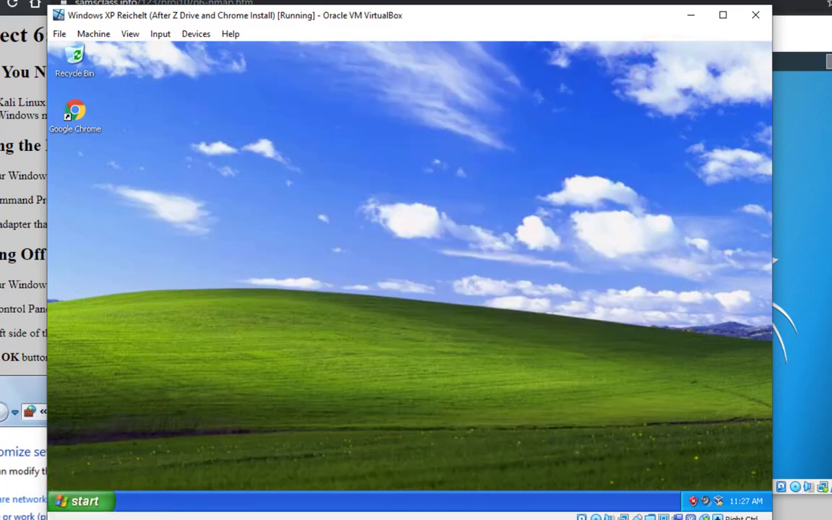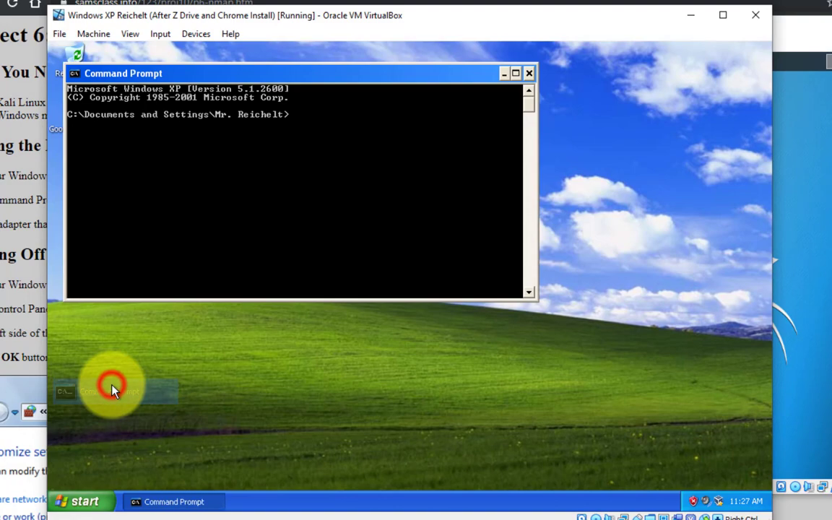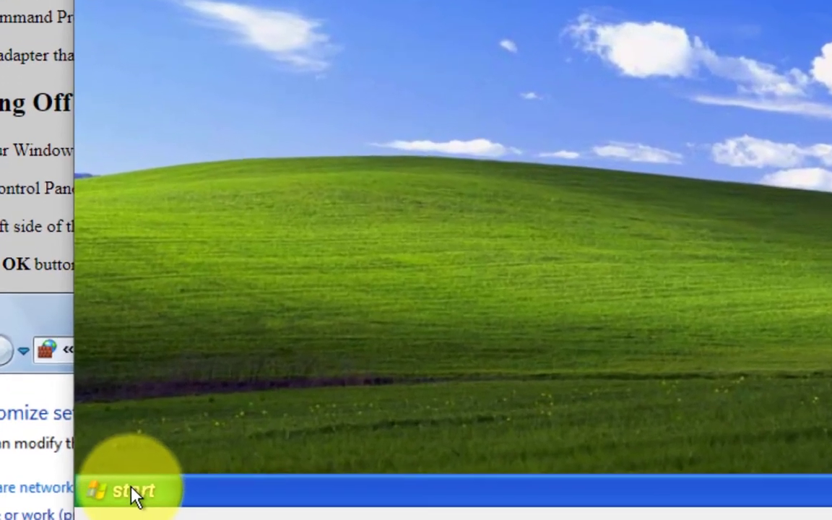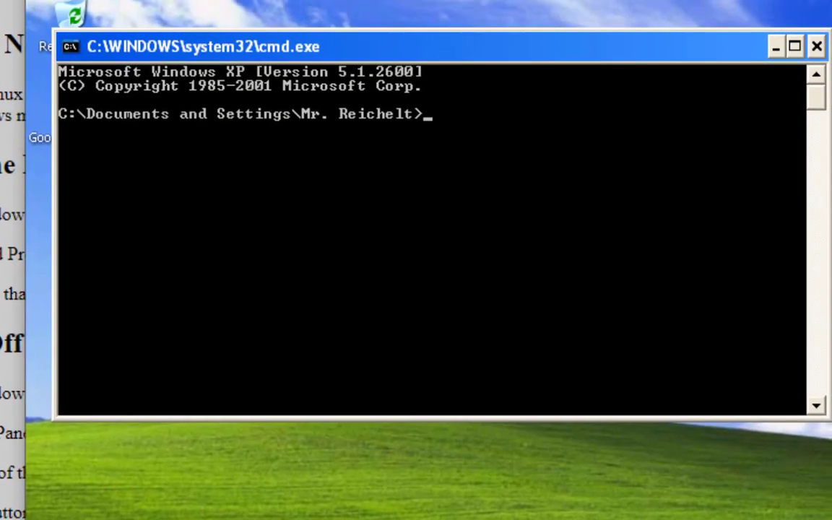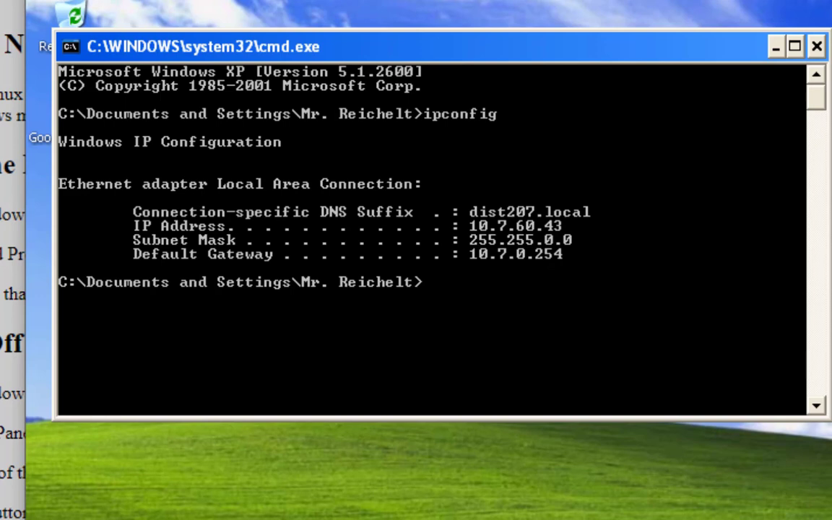The next thing we're going to do is make sure that both our Kali Linux machine and our Windows XP machine have valid IP addresses. So I'm going to open up the command prompt. If you don't see that, go to Start, Run, and type in CMD, and that'll bring up the command prompt. I'm going to type in ipconfig, and I'm going to see my IP address for this computer is